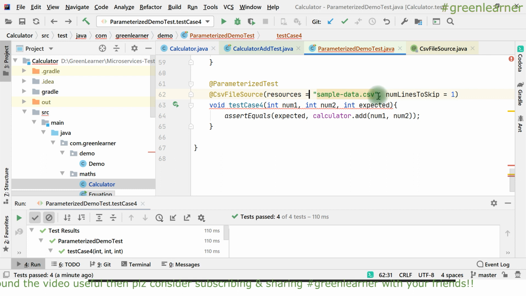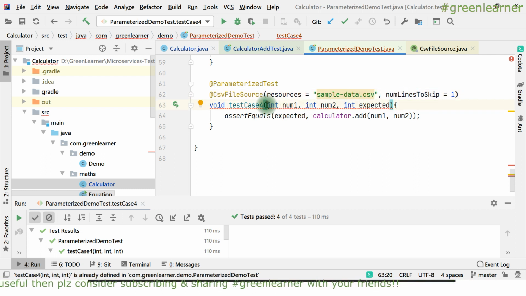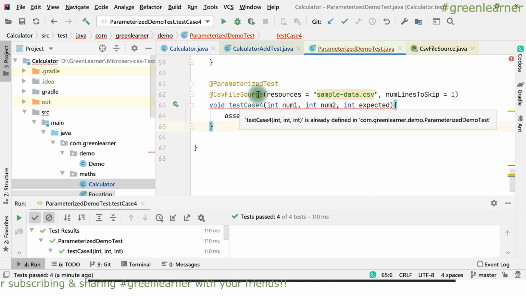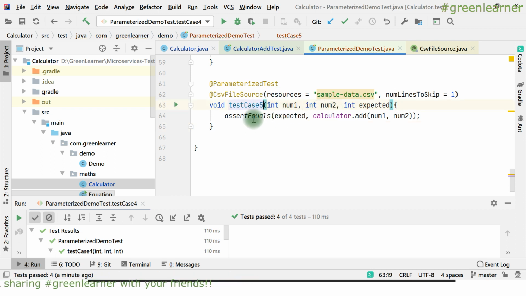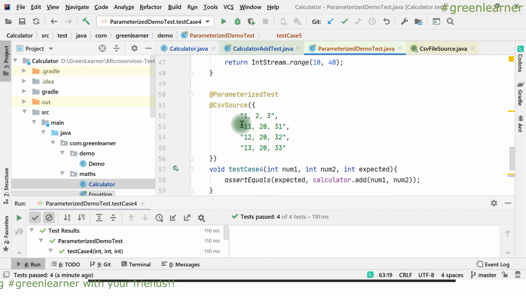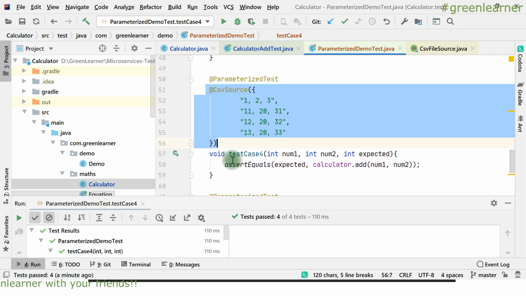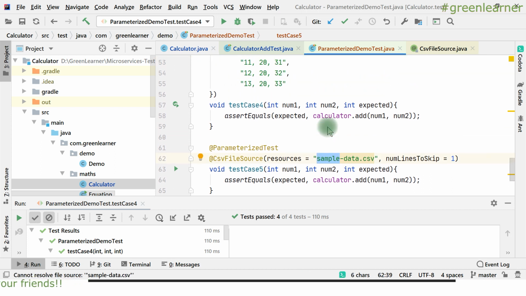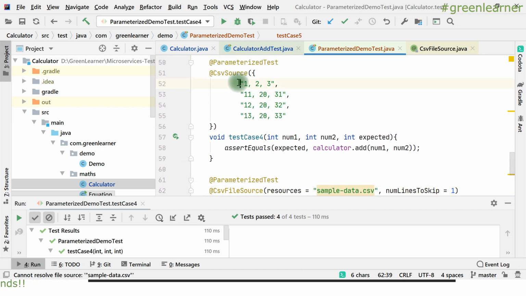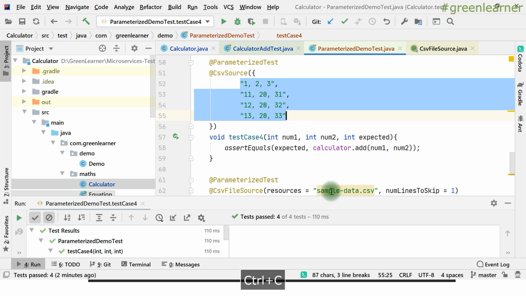So this is the name of the resource, num line to skip, and here it is saying, I have to change this name because it is already defined, right? The same way as we did earlier with the CSV source, it is going to work in the same way. The only difference is we are just extracting out this data into a CSV file, right?